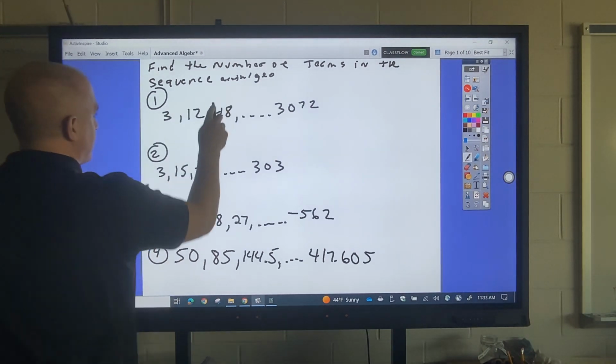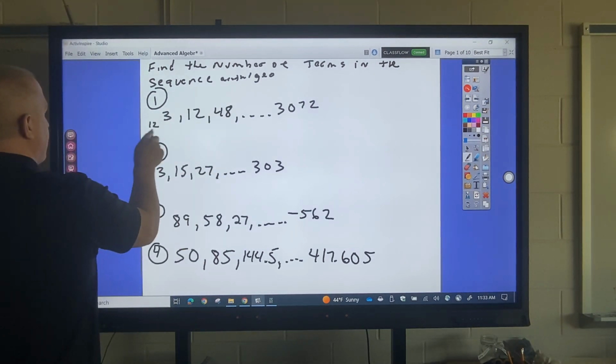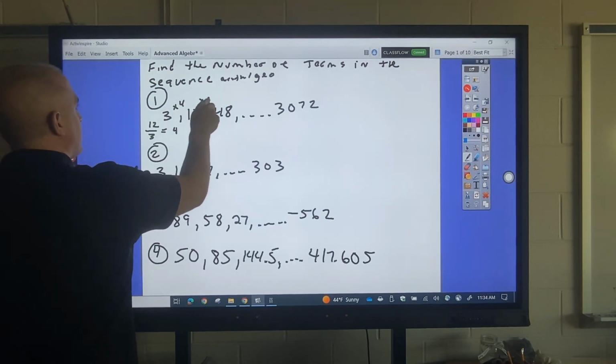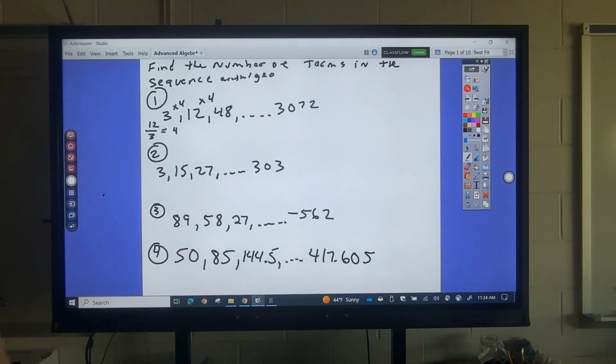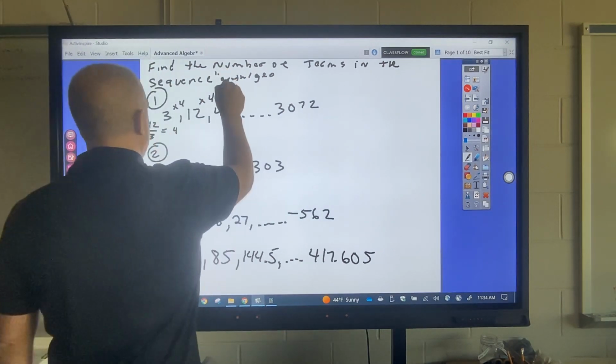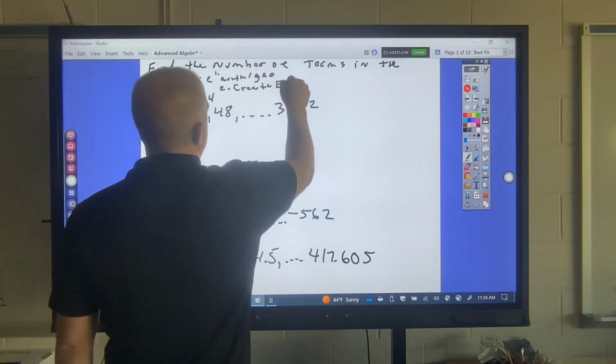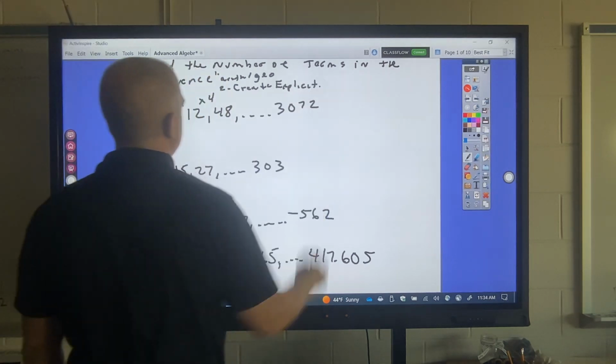Well, that's 9, that's more than that. So it's 12 divided by 3, second divided by first is 4. So times 4, times 4, so it's geometric. Then what I want to do is create the explicit formula for it. We've been doing that a bunch. So if you look at the formula